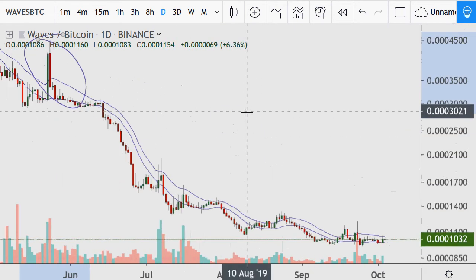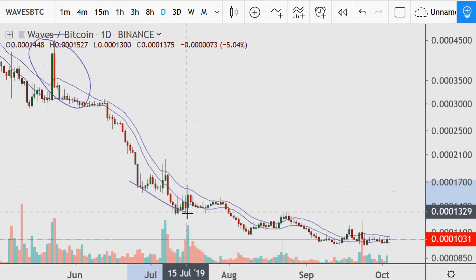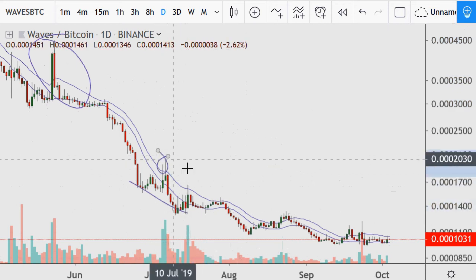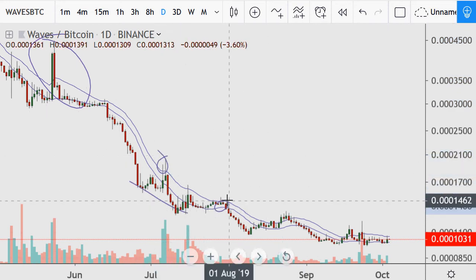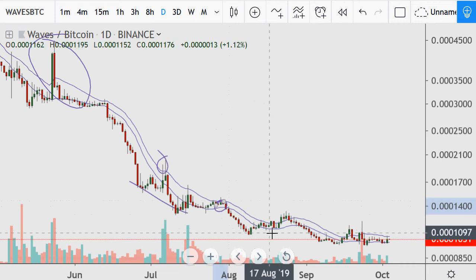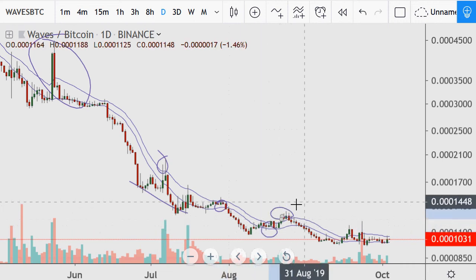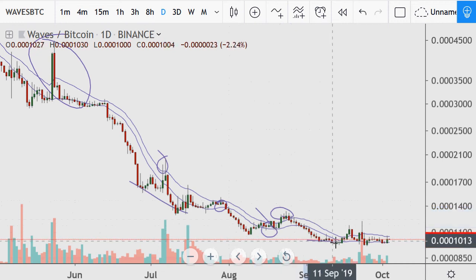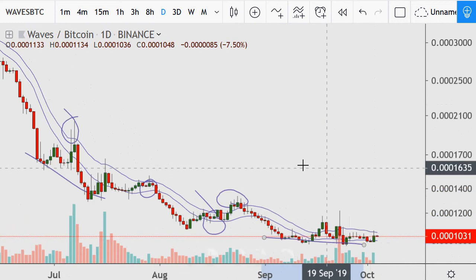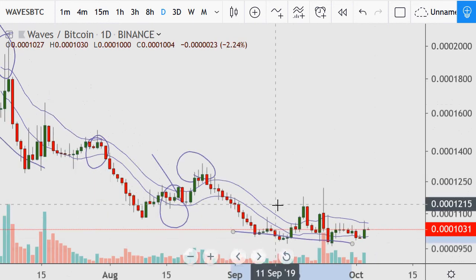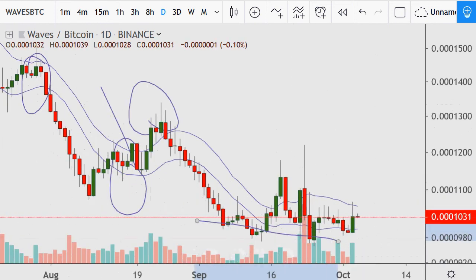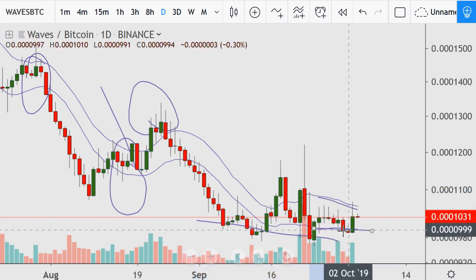Failed rally attempt from failed moves, fast move. Nothing much here. A band flattening here, but that's all it did. Band flattening here, and then a small failed breakout because it got above after flattening the band. A little bit of a leg lower, so yeah, fast move happened. And now since this, nothing more than really band flattening out. Even though it's declining on the highs, that's whatever. This is band flattening out.